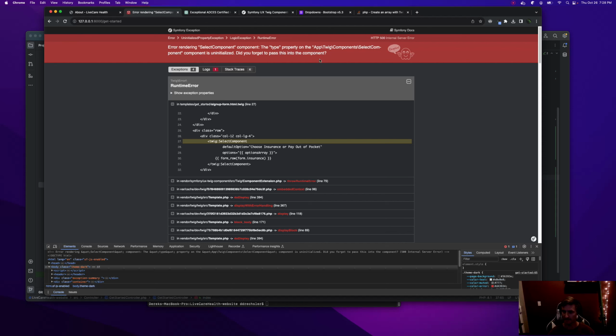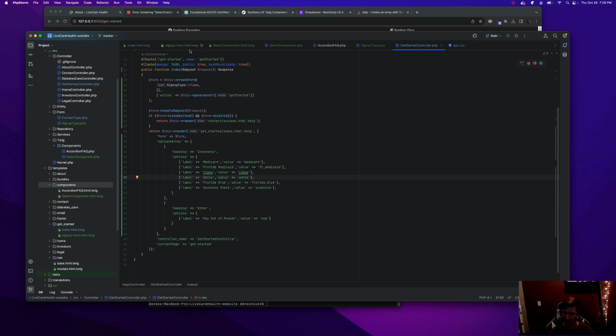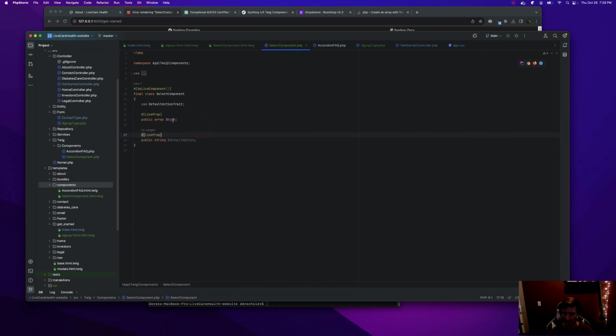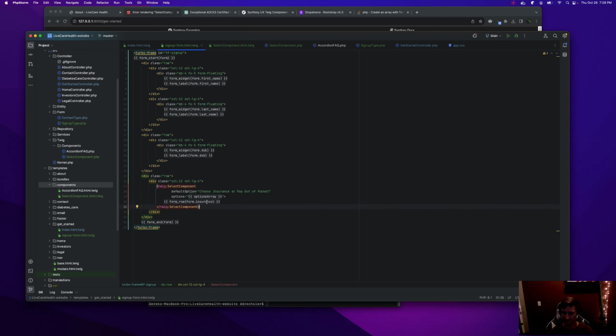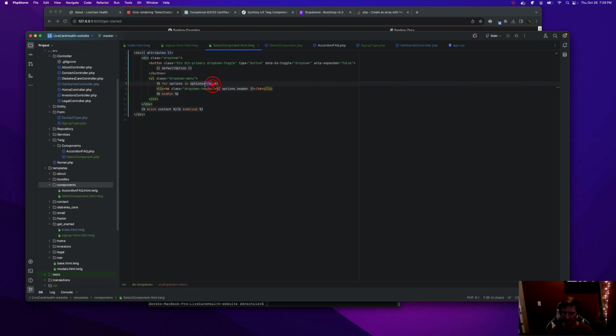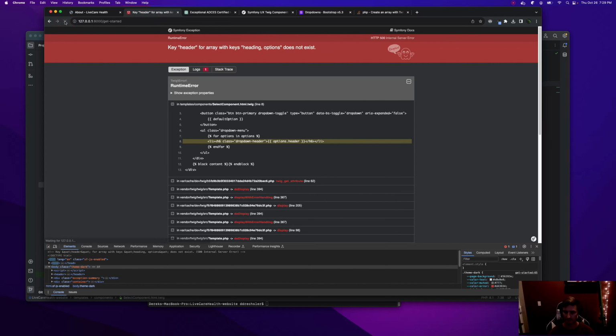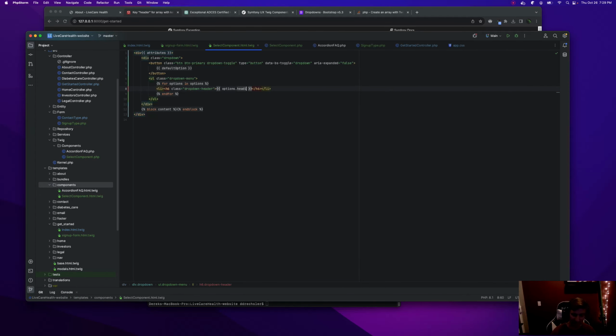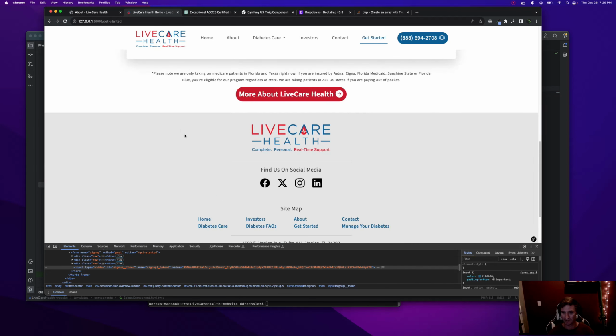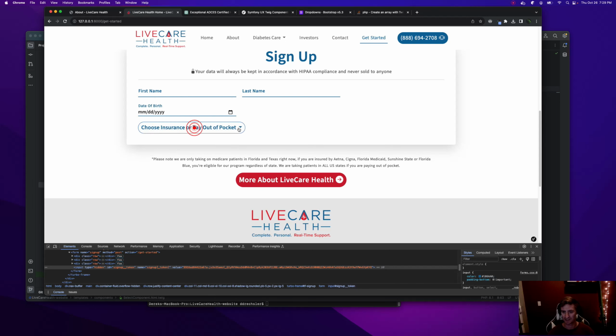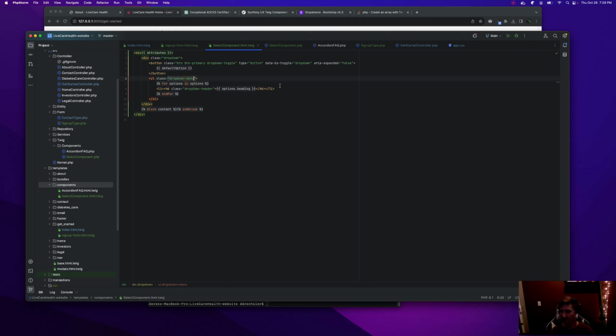Is uninitialized the, oh, the type property. Right. There is no type property because we got rid of it. Public array options. And I don't like that we just called it options. Oh no, we did call it. Yeah, that's right. Okay. Header. Yep. Spelling stuff would help. Again, this is a reason why you should use a class, but there we go. So obviously there's no options in there,